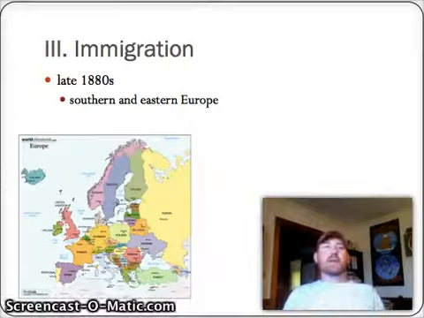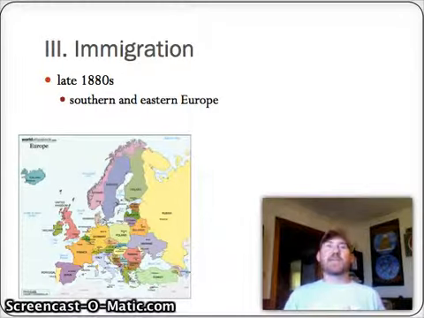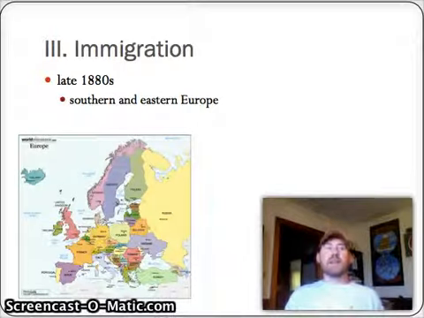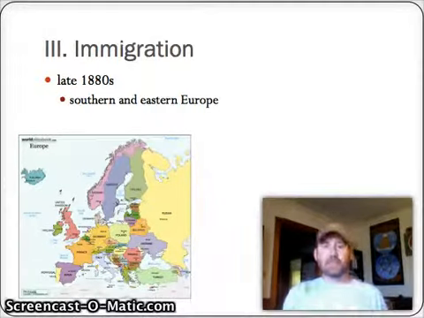So you need to be aware not only of where they came from, but also why they came. It's in search of a better opportunity, just like all immigrants that come here. Better jobs, more stability, more opportunity for themselves and their children. And then also be aware of the reactions against them, which is all going to tie into nativism, which is going to be the same in the first and the second wave.